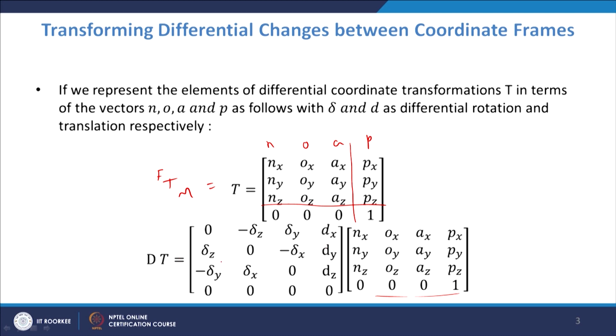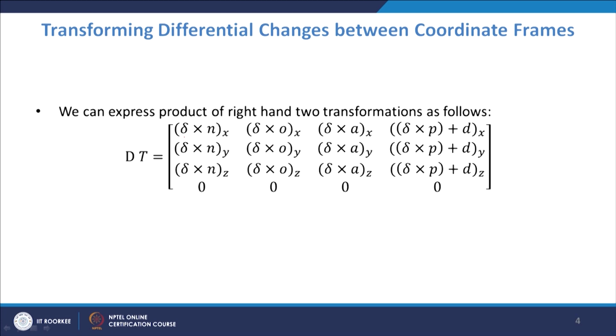Now, D is given by the expression here, T is given by this, and if you multiply D into T directly, we can easily see that the first row into the first column, the product will give minus del z into ny plus del y into nz. Similarly, the first row, second column, etc., can be directly multiplied. That is the first element of this product, and that can be easily seen to be the x component of del cross n.